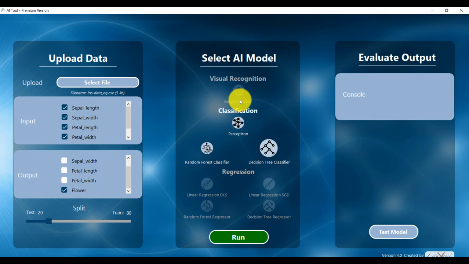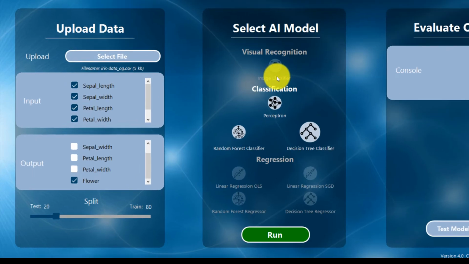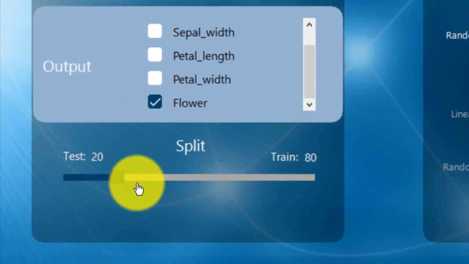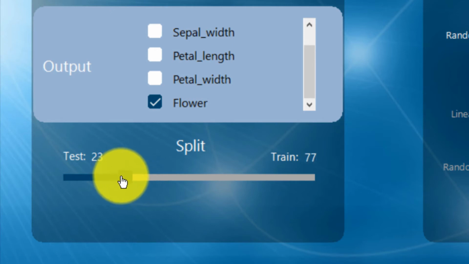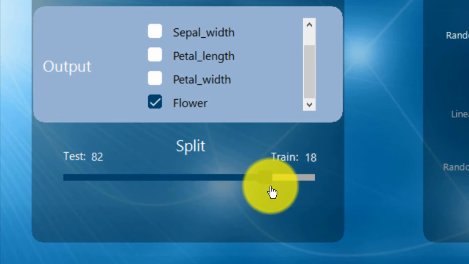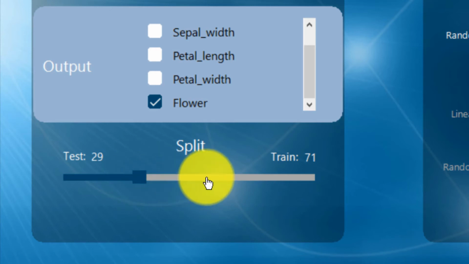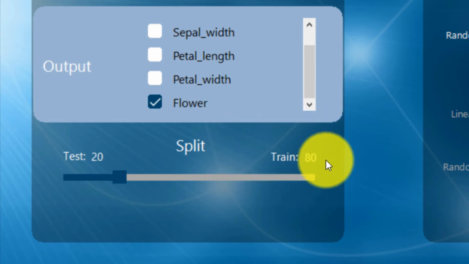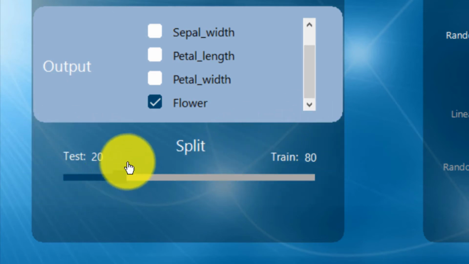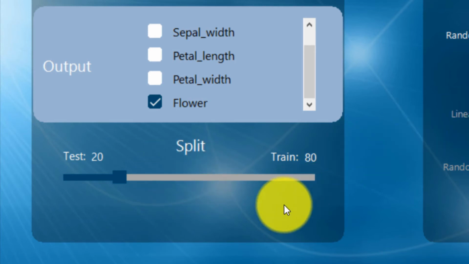Well, I purposely missed it out so that some of you could actually point it out while you're watching this video. I have missed the split between testing and training. So here you can decide what percentage you would like to keep between testing and training. For now, we will keep an 80-20 split, meaning 80% we are using for training and 20% we are using for testing. You can play around with these values and see the impact on the output.